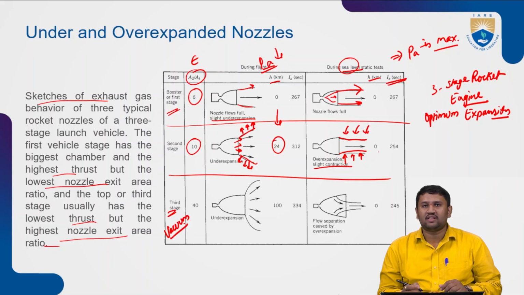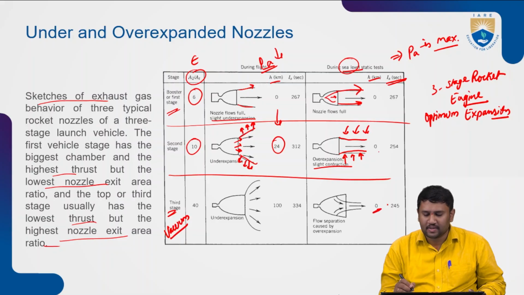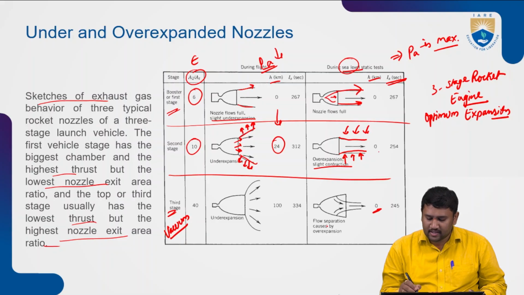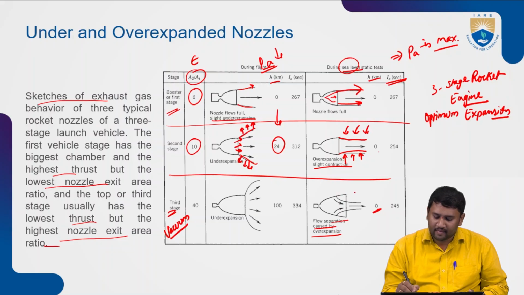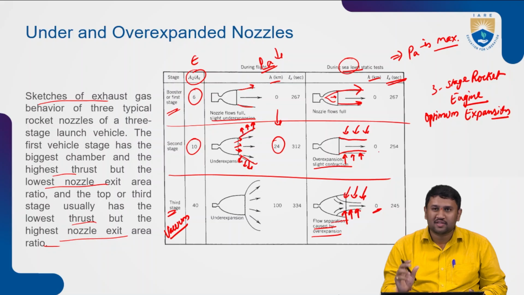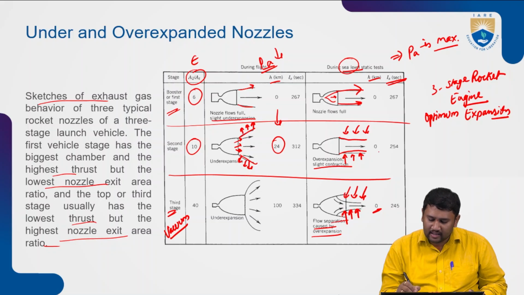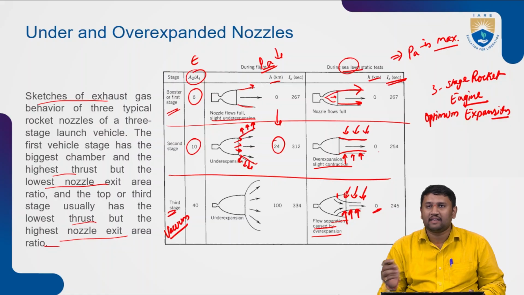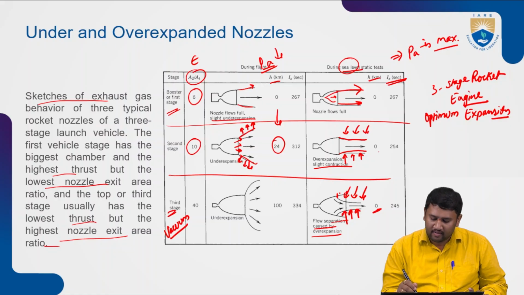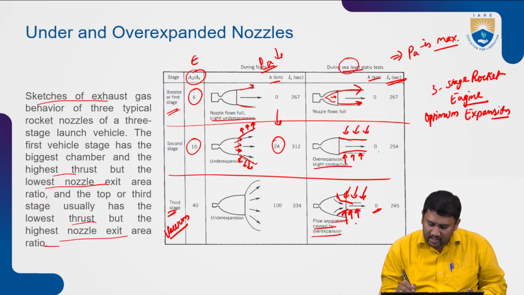If you are testing the same engine at sea level, that is, at zero altitude, what happens? Flow separation occurs, caused by overexpansion, where, as there is more pressure, the flow tends to shrink a bit and separate before the nozzle exit area, which causes a separation curve, right? So whatever the atmospheric air is there, it tends to